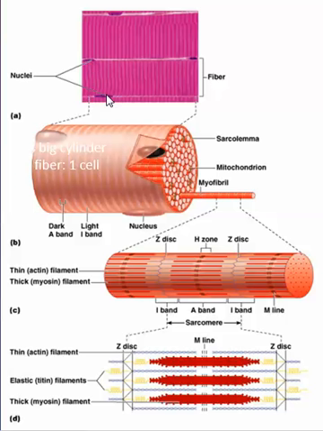Next, we should notice the myofibrils, and these are organelles of the cell, and they are made up of filaments. Next, let's notice the sarcomere. A sarcomere is the basic unit of contraction,